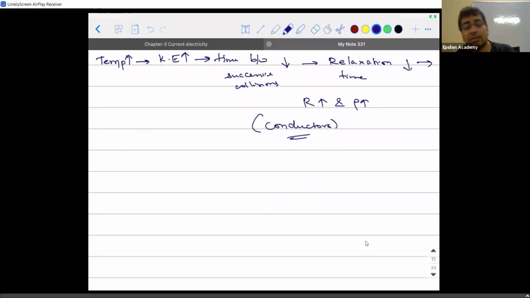Now, somebody asked me, sir, can you tell me the difference between resistance and resistivity? It's a very simple thing. Listen to this carefully. There is nothing you need to write. If I take this pen, it has a particular length and a cross-sectional area associated with it. If I call this pen a conductor, every conductor will exhibit a property called resistance.